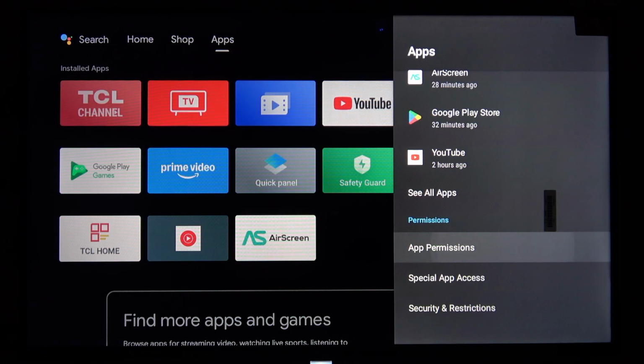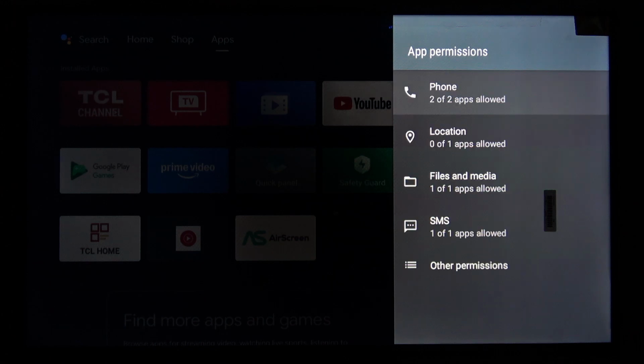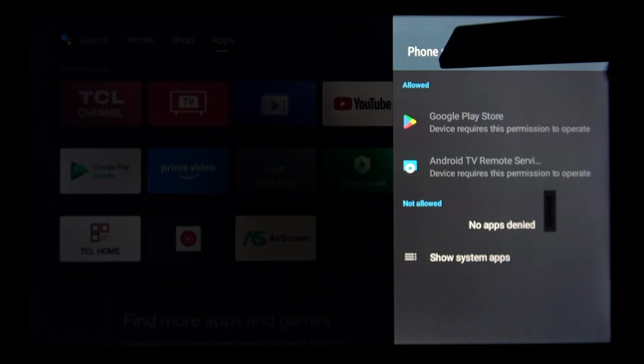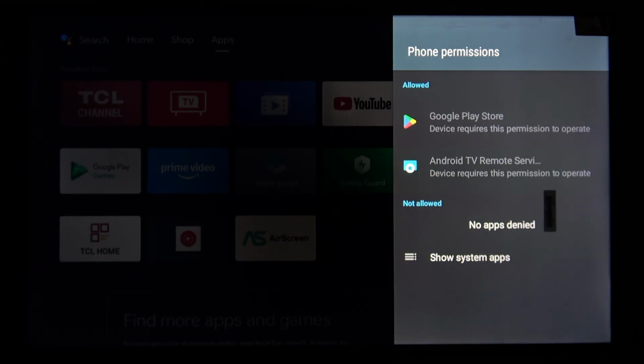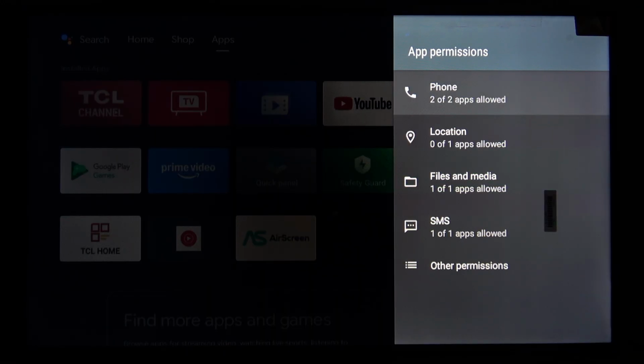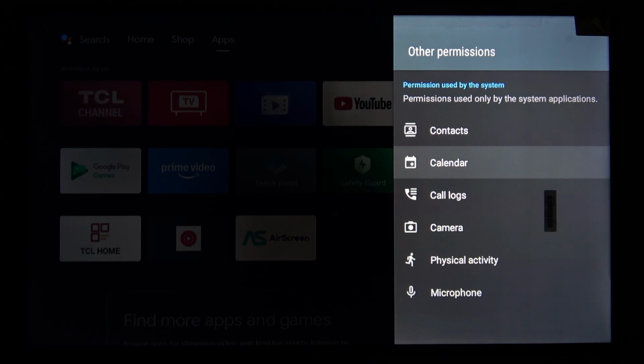And of course, there are also the system applications that are using your permissions, and you cannot remove this permission from them. So if, for example, your Google Play Store can use your phone, though I'm not sure where phone is in this TV. You can also access other permissions by opening this menu, and